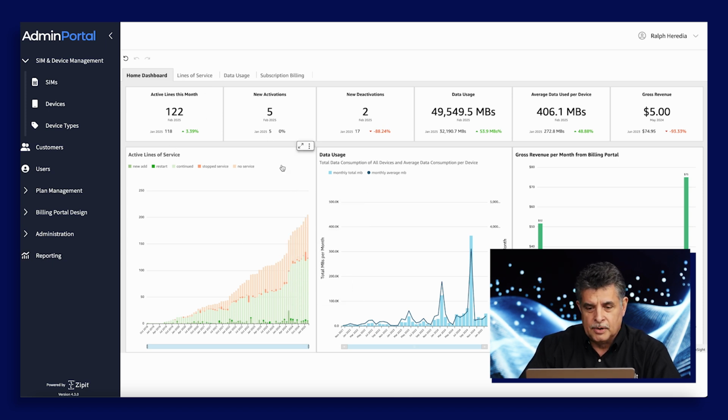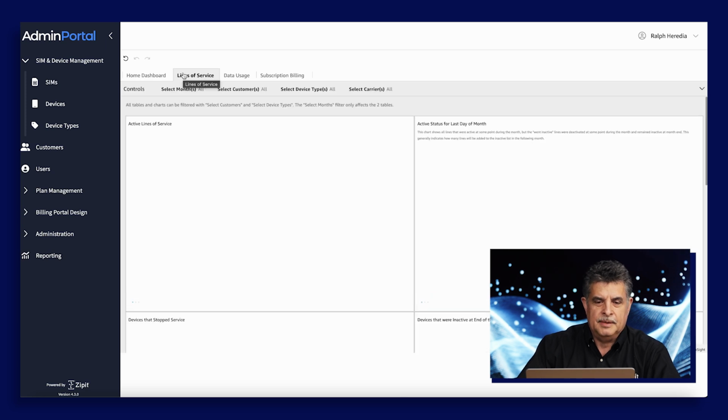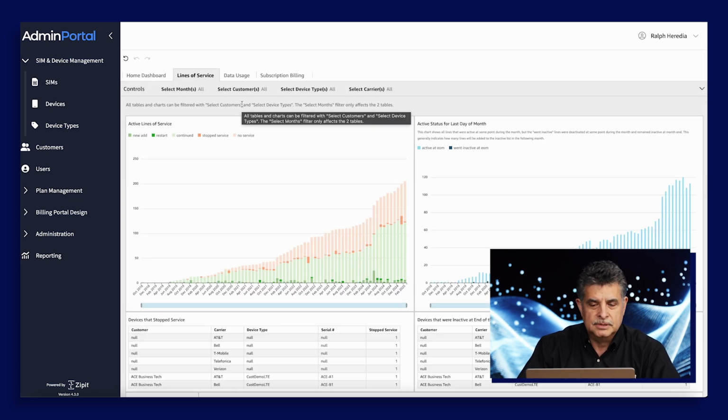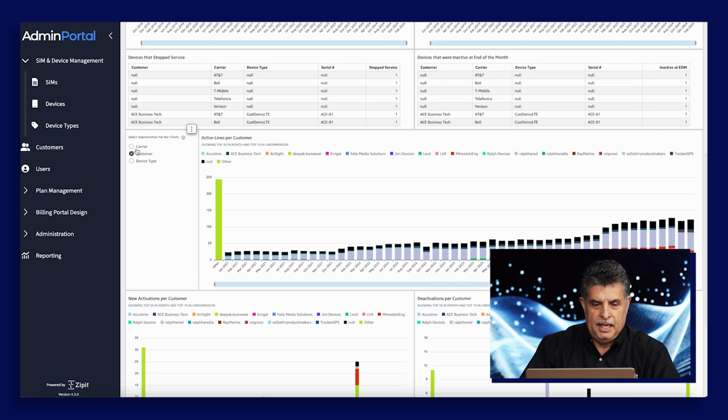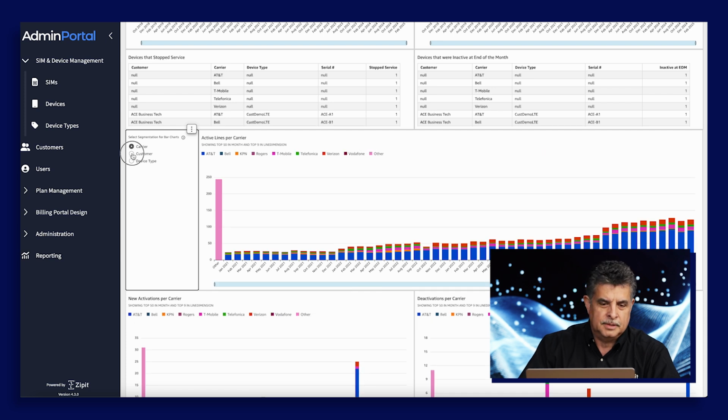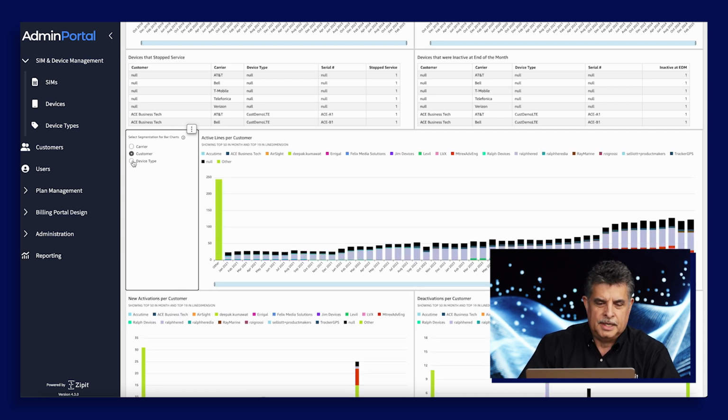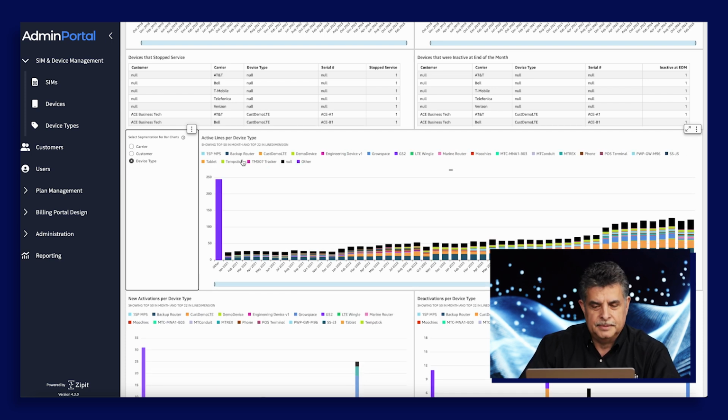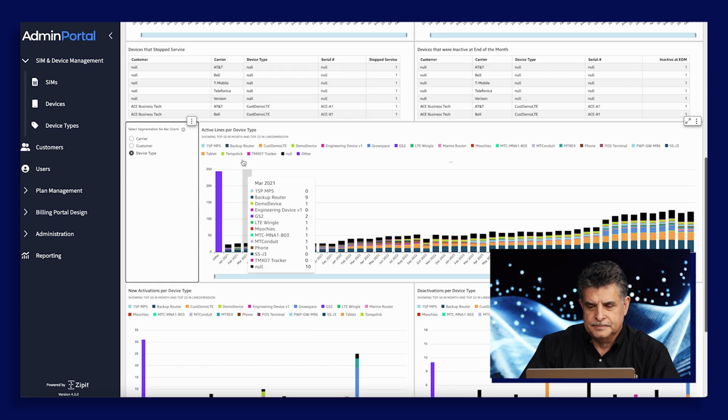So I'm showing the line growth. I show new activations, deactivations, total usage this month compared to last month, and the average usage across all my devices. I could do the same thing by looking at the lines of service, where I can sort by carrier, or I can sort by customer, or I can sort by device type, which I described earlier.